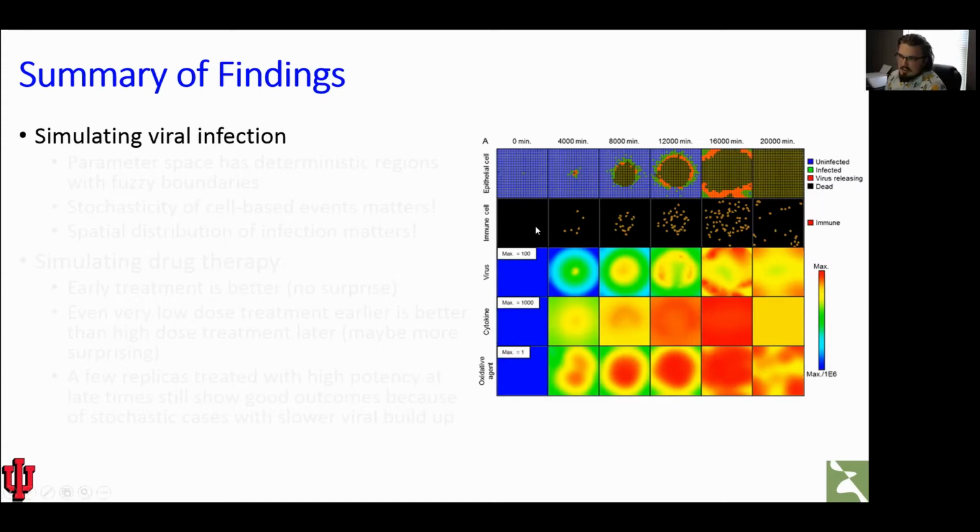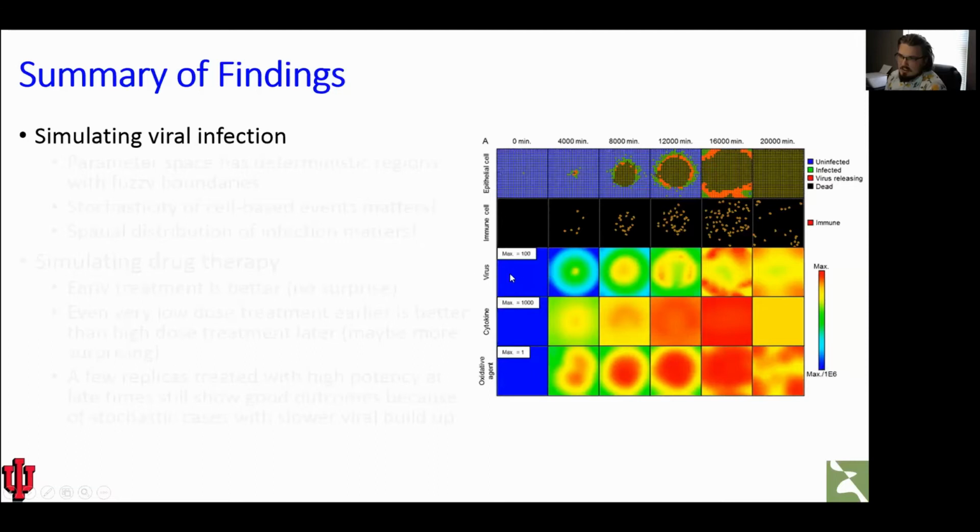Now the immune cells in simulation, again, are fixed on top of our epithelial cells. So our epithelial cells are modeled as being a static two-dimensional sheet. And then when immune cells are recruited into the simulation, they're placed on top. And as you can see, they get recruited over time due to signaling, but they can also move around. And they move around by motility, as well as chemotaxis along the cytokine field to locate infected cells and kill them. And then in these last three rows in the bottom, first row here among the three, this is the